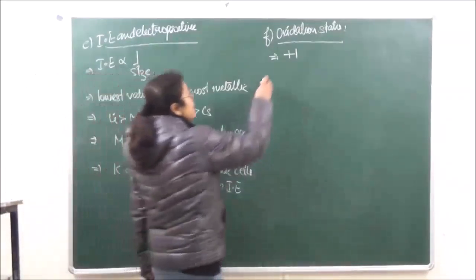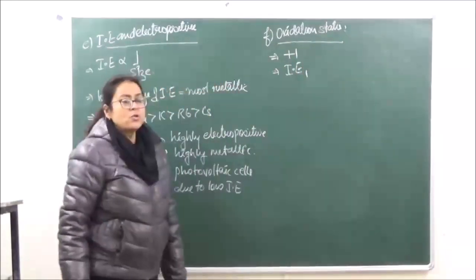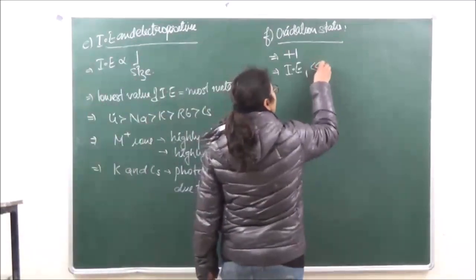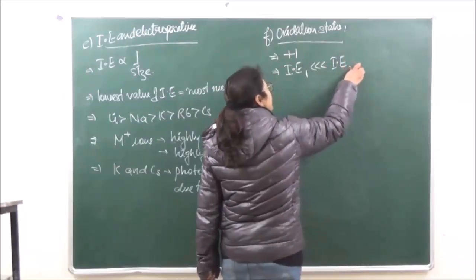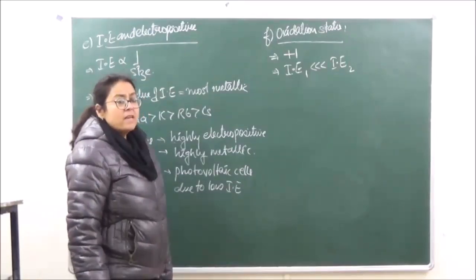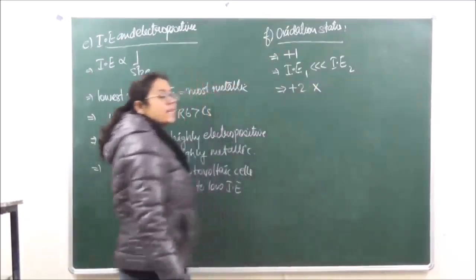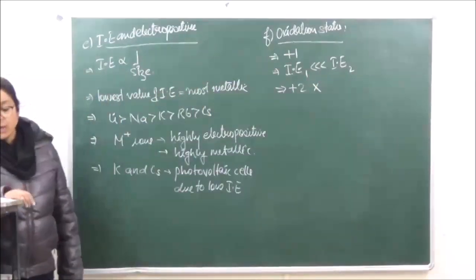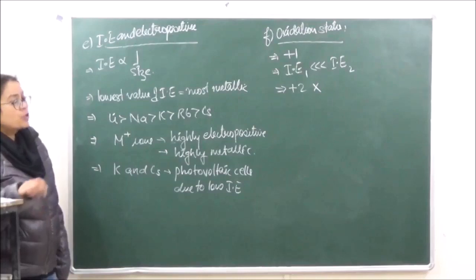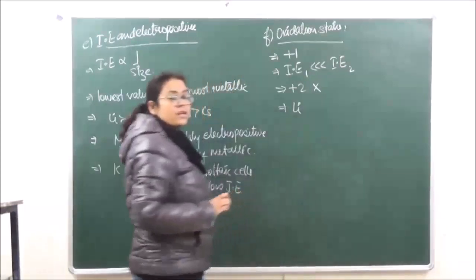And it is seen over here that the first ionization energy, that is the energy required to remove the first electron, is going to be very, very low as compared to the second ionization energy. To remove the second electron in case of alkali metals is very, very difficult. Therefore, the +2 oxidation state in this case cannot occur. It can have only one oxidation state, in which one electron is removed and the element of the metal attains the nearest noble gas configuration.